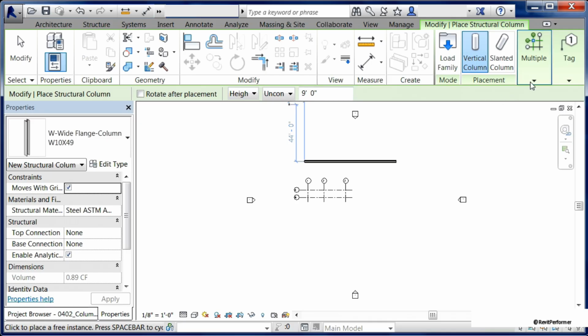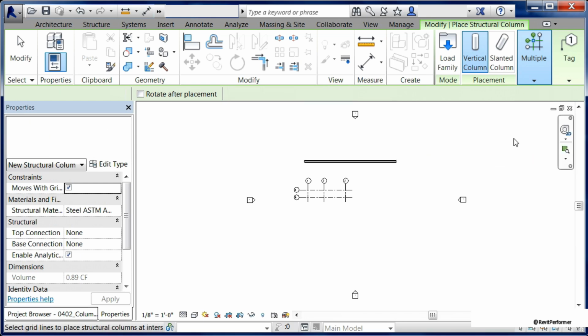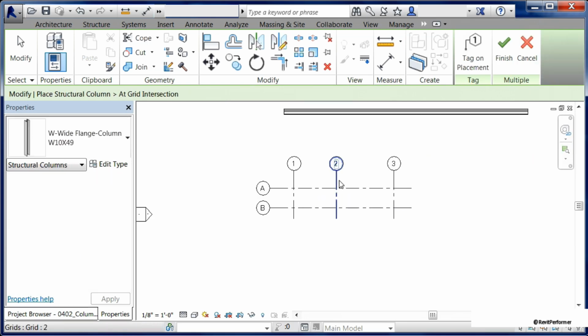to draw it. Another special feature associated with the structural columns is Add Grids and Add Columns. Add Columns will automatically center structural columns anywhere an architectural column is located at. Add Grids will automatically center the structural columns any place a structural grid is located at. Let's go ahead and take a look at grids. So select Add Grids off of the ribbon.